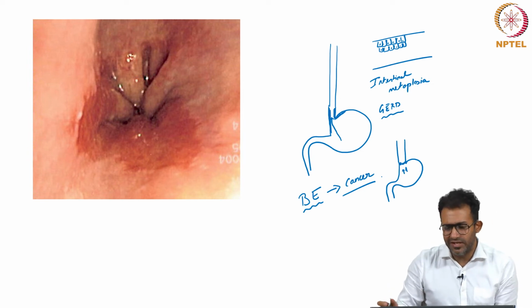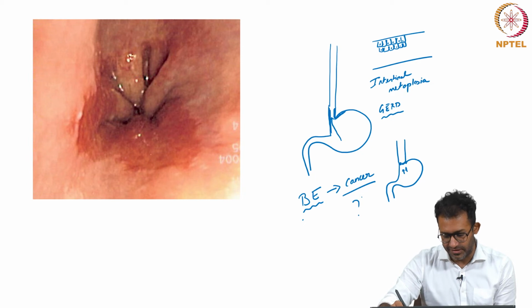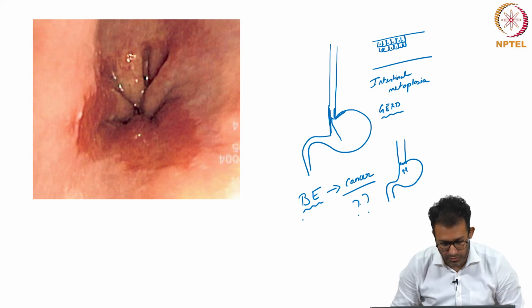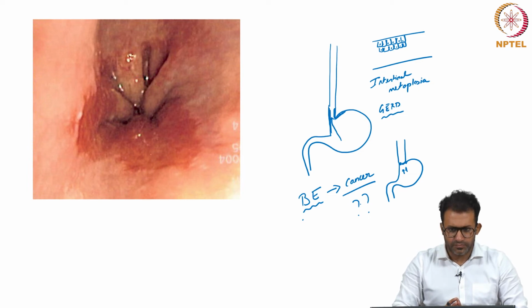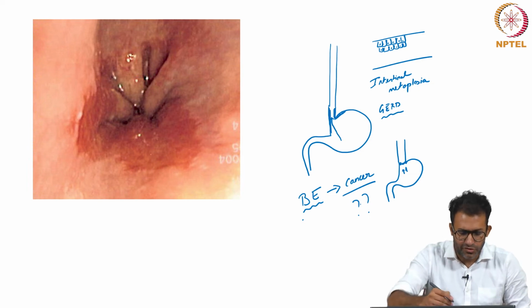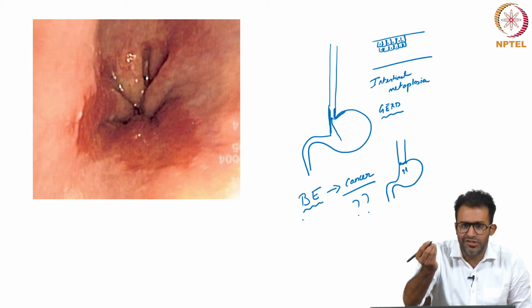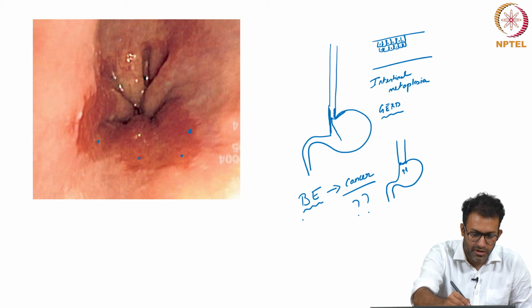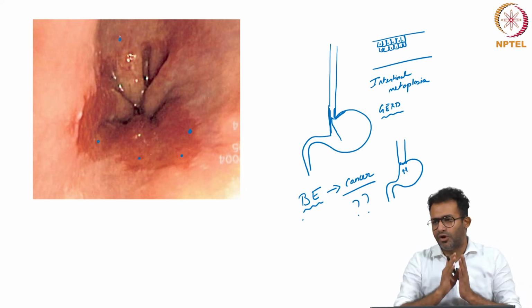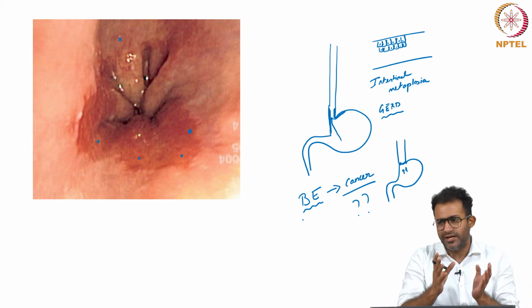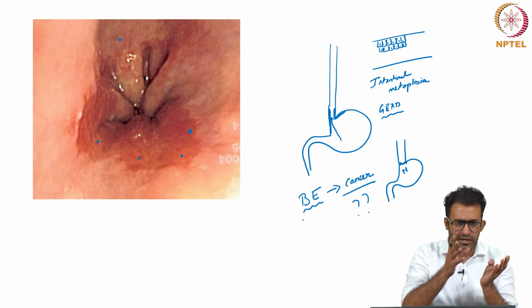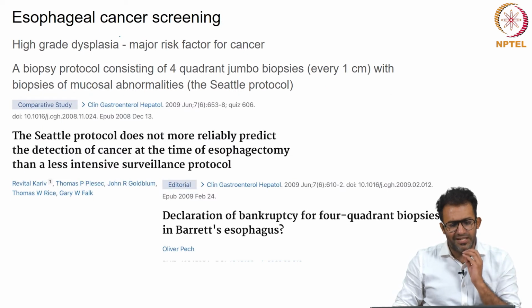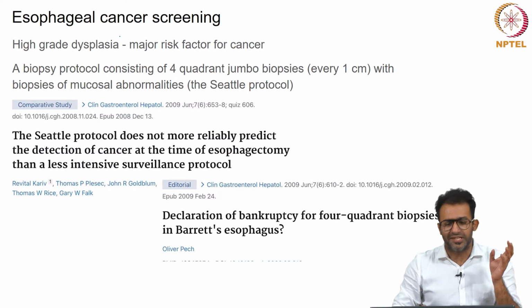So, how do you know whether it is Barrett's esophagus or whether it is cancer? You look at this particular image: how do I know which part could be cancer? The cancer could be over here, it grows as a small thing, it could be over here, or over here. Honestly, looking at this particular image, I am not able to find out where this Barrett's esophagus could have cancer. And to understand that, they have devised something called the Seattle protocol.